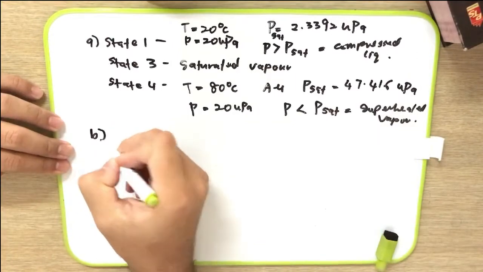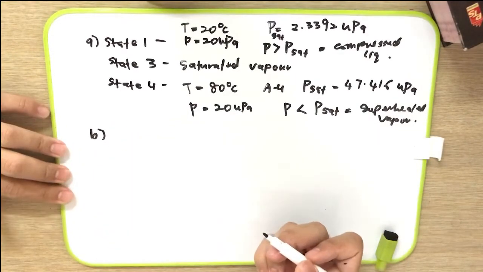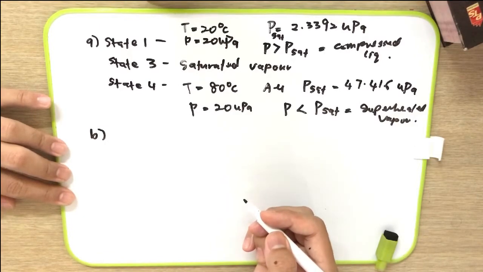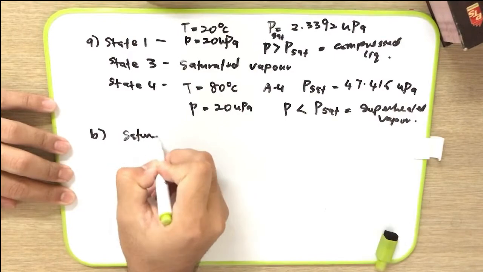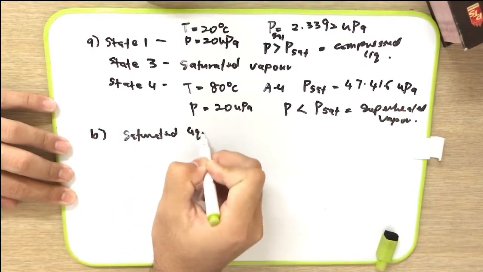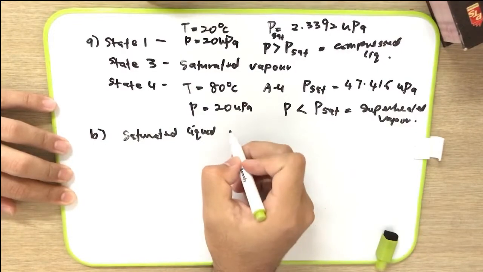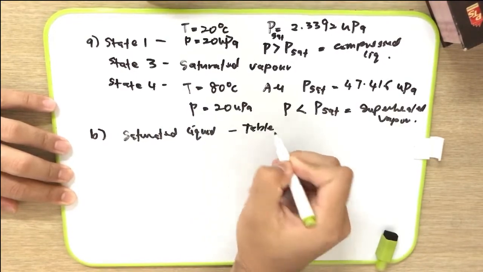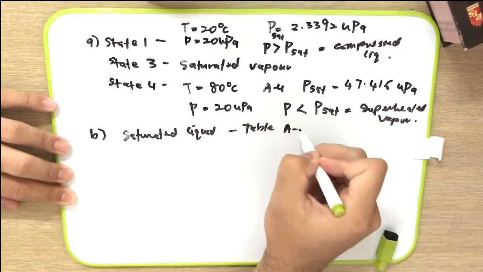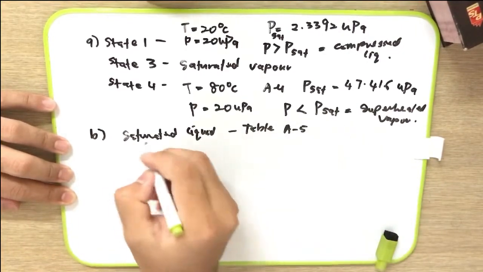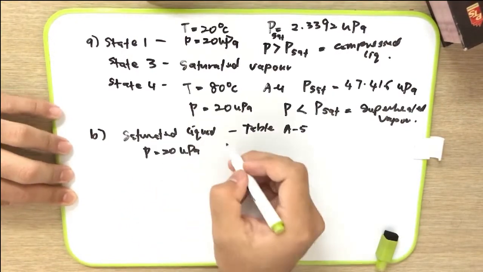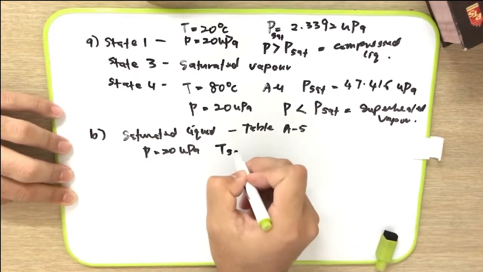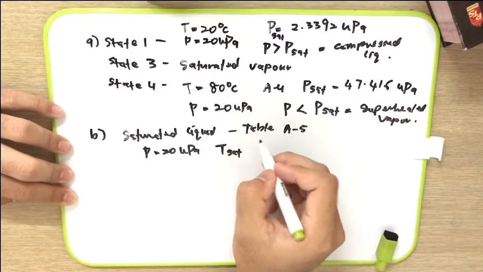Question B, determine the temperature at state 2. According to the question, we read process 1 to 2, water is heated from 20 degrees C and 20 kilopascal to saturated liquid. So when it is mentioned it is saturated liquid, it means we just refer to the saturated table, which is table A5. P is 20 kilopascal, and we just look at the saturation temperature here,